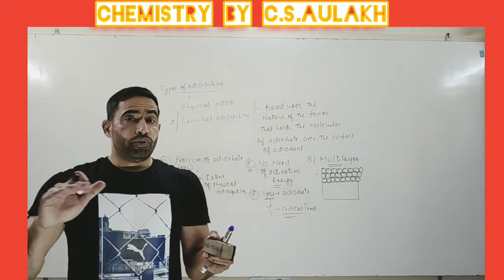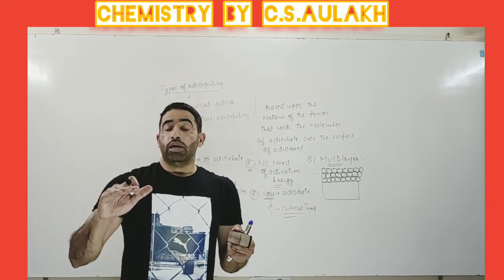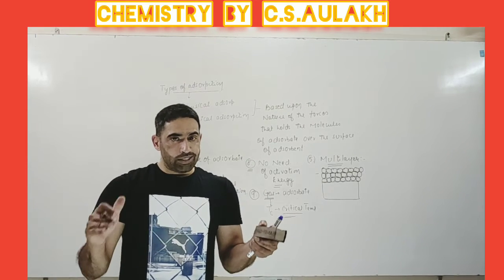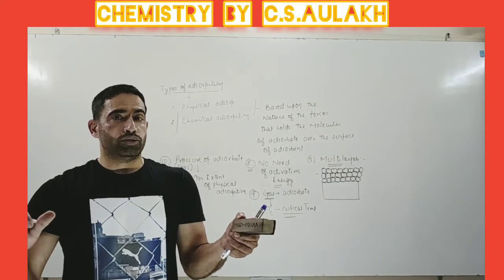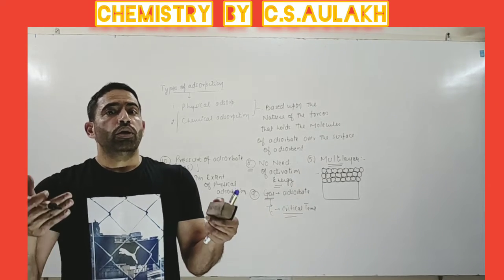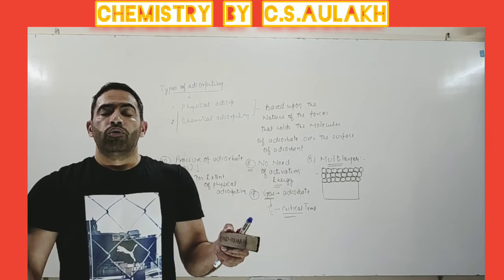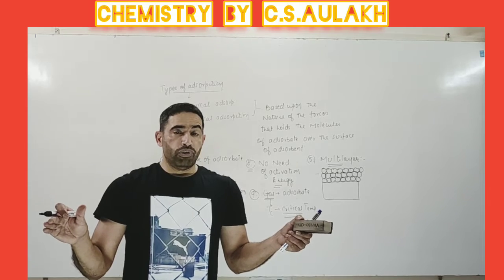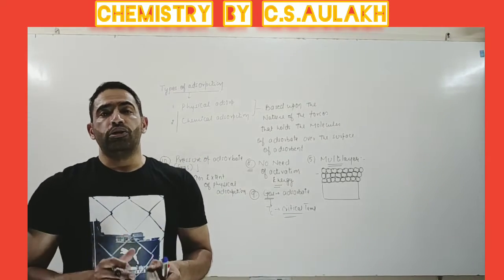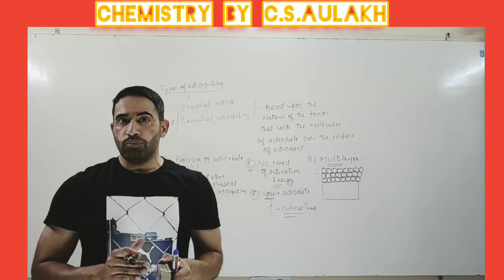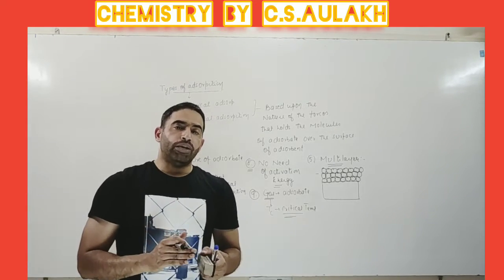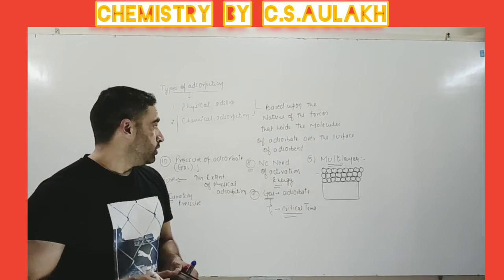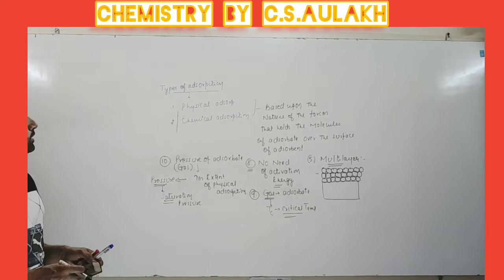At this value, the surface of the adsorbent gets fully saturated with respect to the adsorbate molecules. So as the surface gets fully saturated, the further adsorption, we can say, stops. We can further increase the pressure, but there will be no increase in the extent of physical adsorption. So initially with increase in pressure, there is an increase in the extent of adsorption, but when the saturation pressure value is reached, the adsorption becomes constant. There is no change in the extent of adsorption.